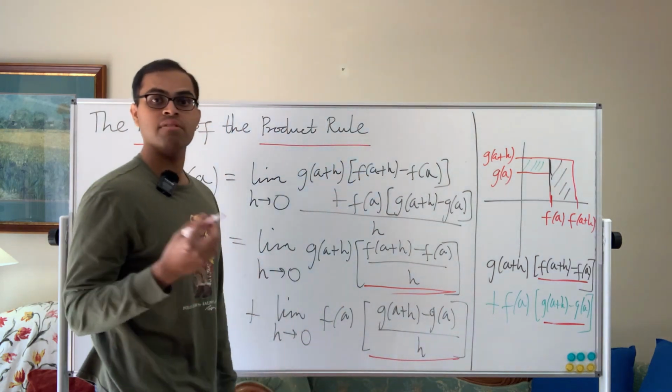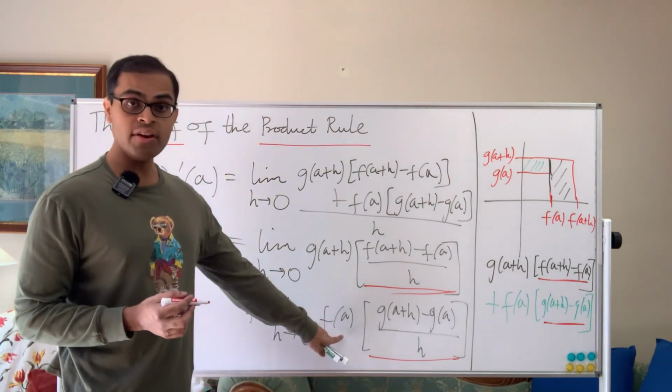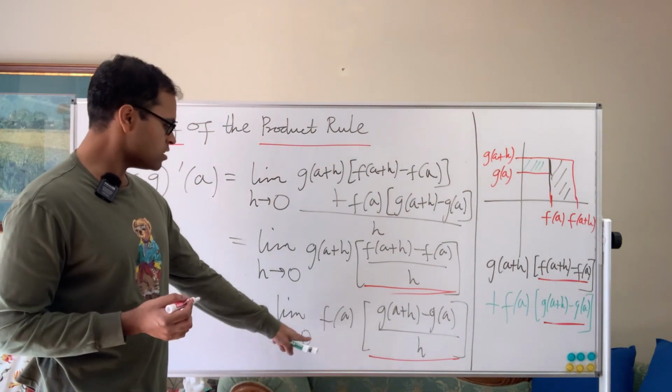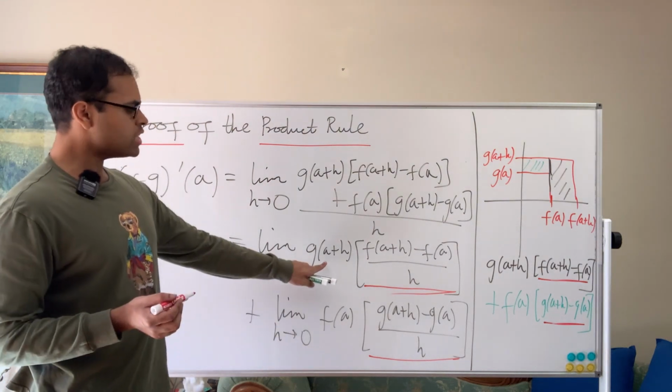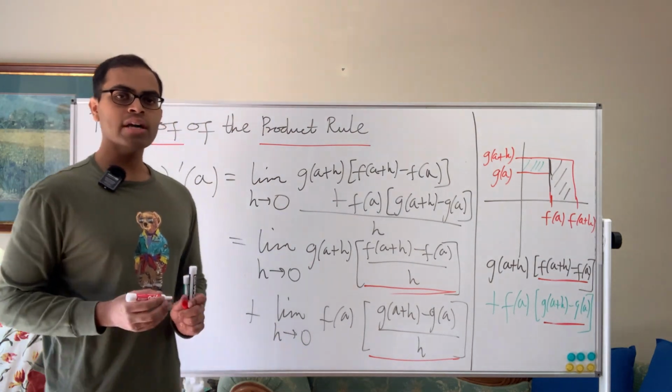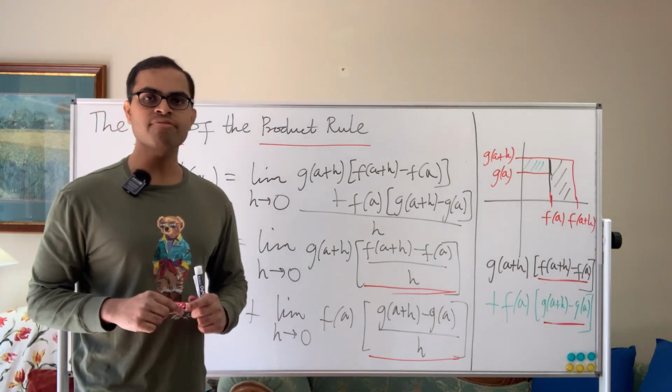It's going to approach the derivative of g at a. The f of a here is a constant, right? As h goes to 0, f of a doesn't change. But what about the g of a plus h? What happens there? Okay, so this is where we're going to have to use another fact that I won't prove